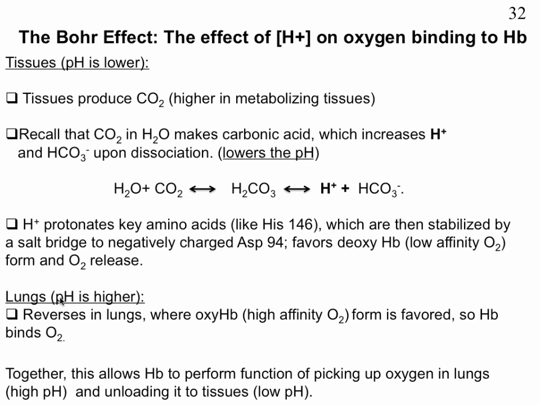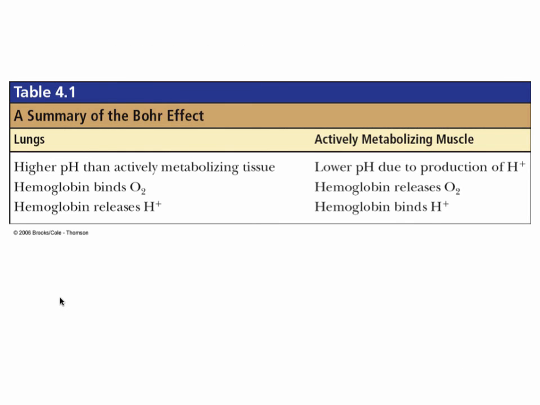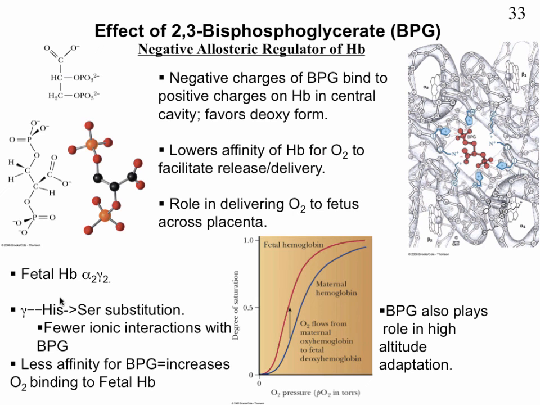So together, this allows hemoglobin to perform the function of picking up oxygen in the lungs at high pH and then unloading it to the tissues at low pH. Here's just a summary for what happens in the Bohr effect, basically everything I just said. And then the last thing I'm going to talk about is